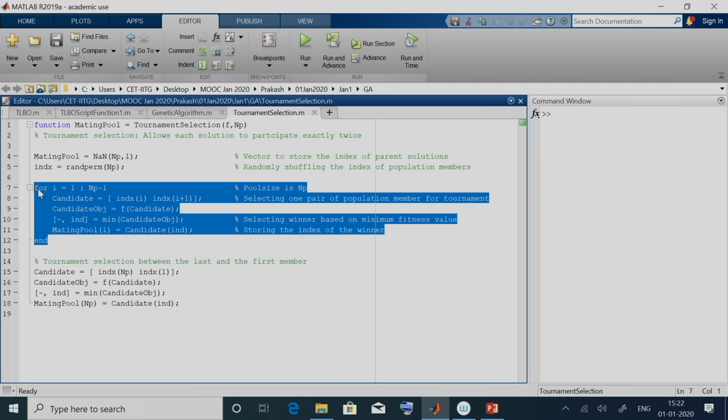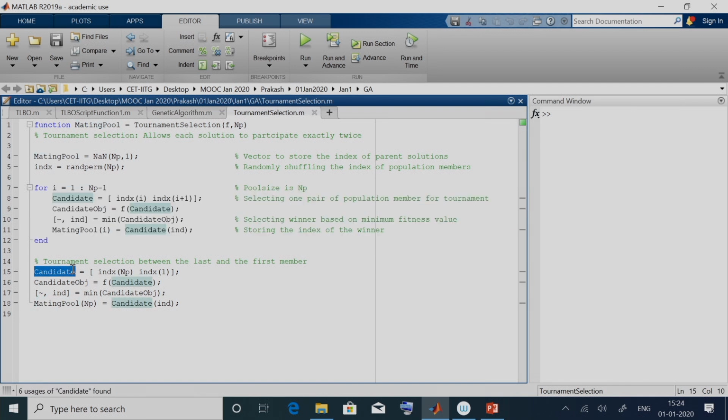This we will be able to see with an example. Once we get into the debug mode and execute it, this part of the code will be much clearer. So far we have selected NP minus 1 solutions. Here we are selecting the candidate index of NP. Index of NP would be the last value in this variable index, and the first value.